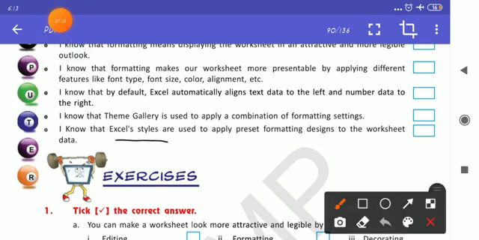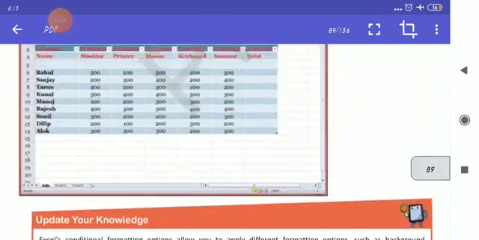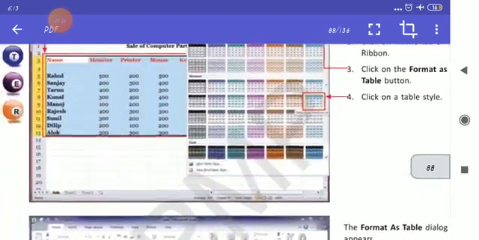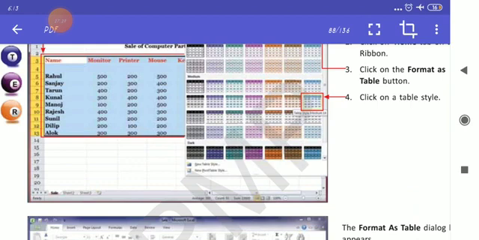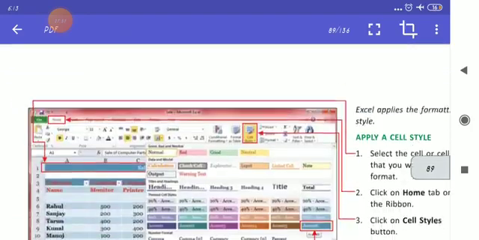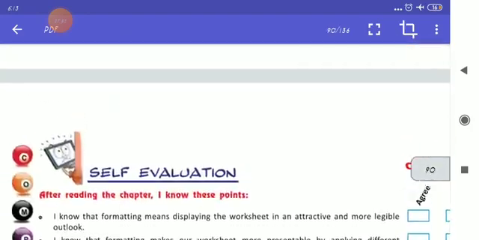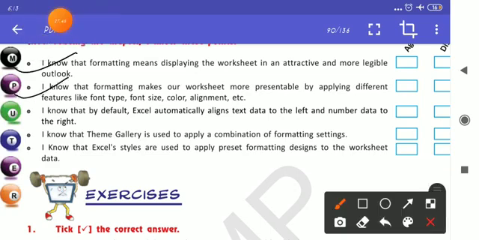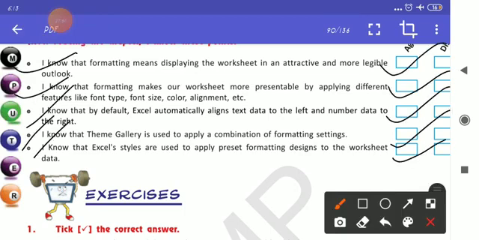So you can see here, the preset styles and the table presets, which you just click and it will be applied to your workbook. So all these which you have seen are in the chapter. Okay, so these are available, you can take it. Clear?